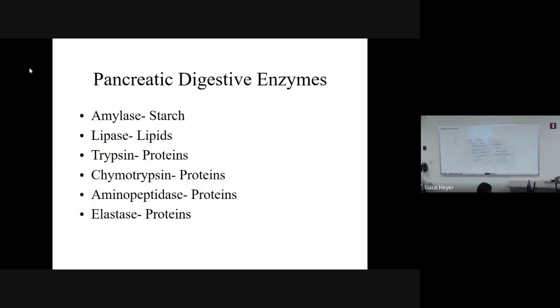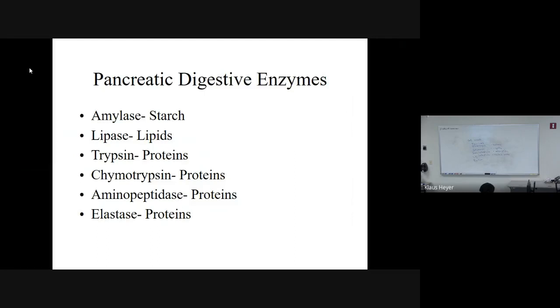I'd like you to know where these enzymes are made and what the substrate is. The enzymes on this list in front of you are all made in the pancreas. Pepsin is made in the stomach, and the substrate for pepsin is proteins. I've got 3 more enzymes on the next slide, so I'll go to the next slide and you can get all 10. All of these here are pancreas. So 6 from the pancreas, 1 from the stomach,